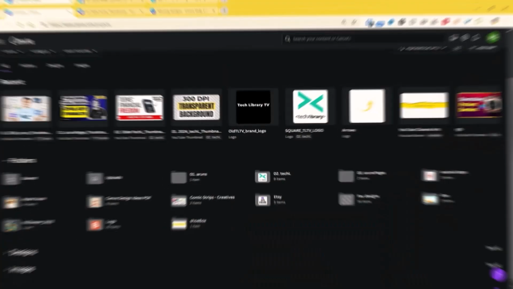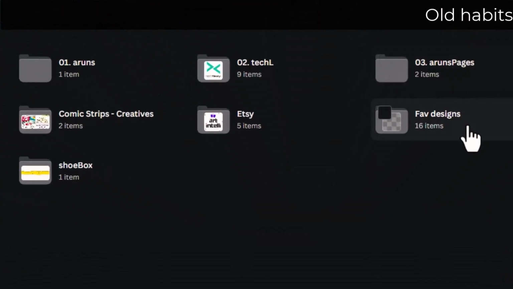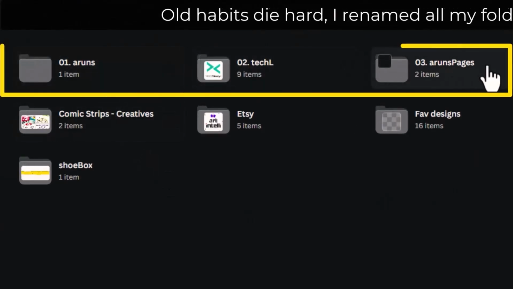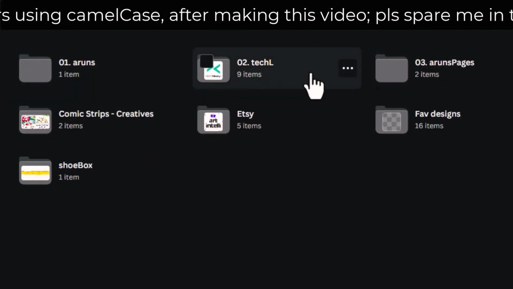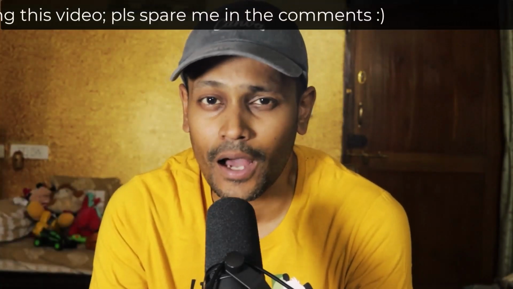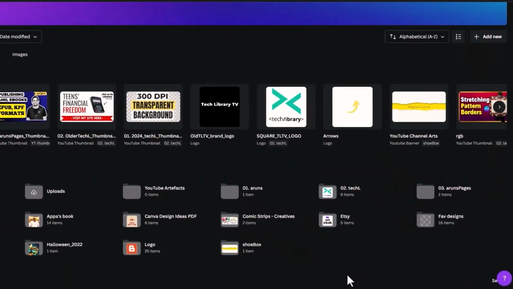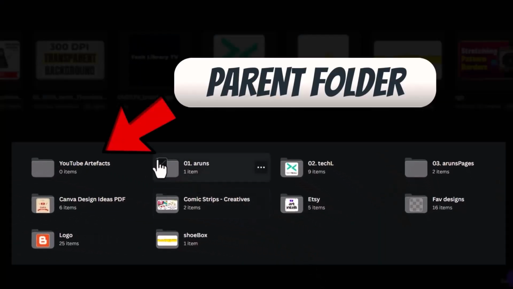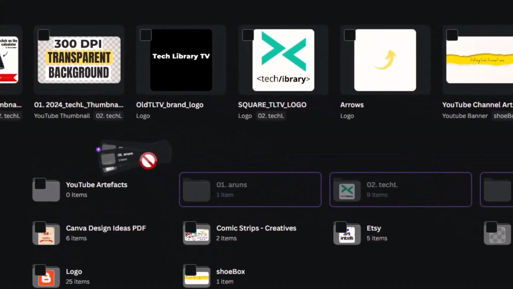Next, my personal choice is to start naming my folders with numbers and give a platform name or the username I used in that specific platform. For example, I created this folder to signify that these would contain my YouTube thumbnails, and this is my YouTube username that I know I will remember. I could even go a step further and create a single folder at the parent level, calling it YouTube, and then creating separate folders within for each of my YouTube channels.